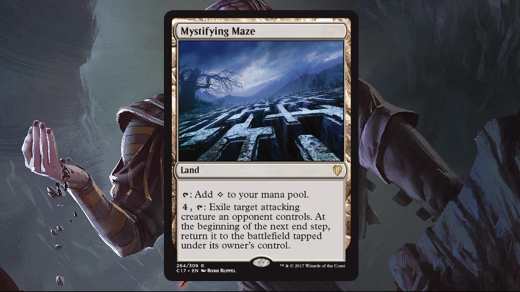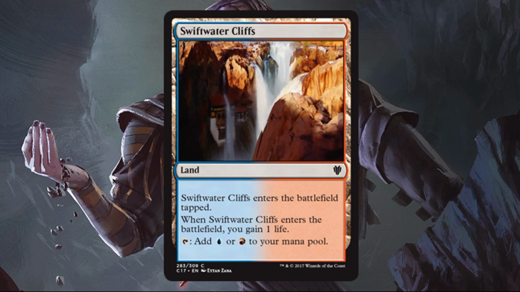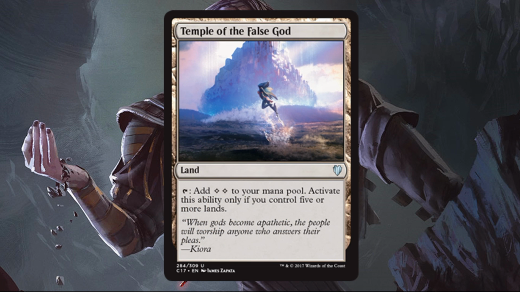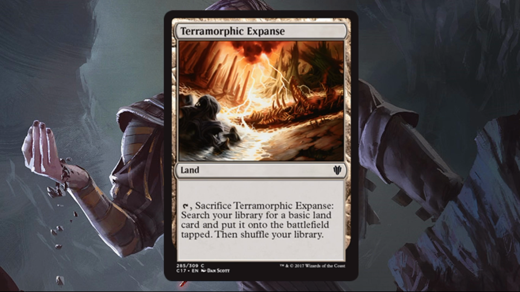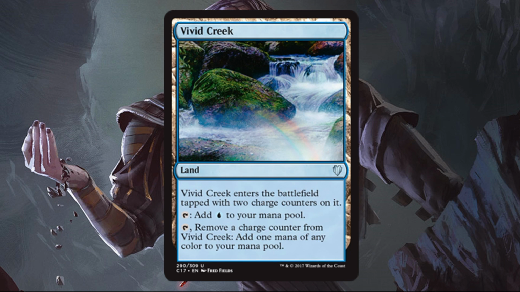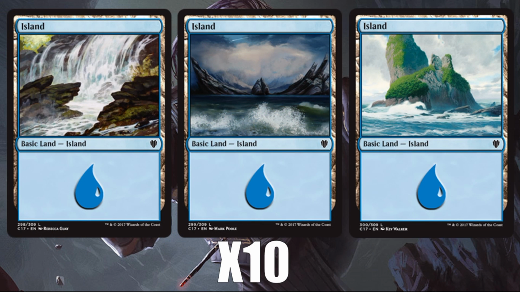It would have been kind of cool to see a Maze of Ith show up in here, even though probably value-wise that might have been a little too high for this product, but it would have fit well with Marisol. Rakdos Canarium, Swiftwater Cliffs, Temple of the False God, Terramorphic Expanse, Vivid Crag, Vivid Creek, Vivid Marsh, and then you're into your